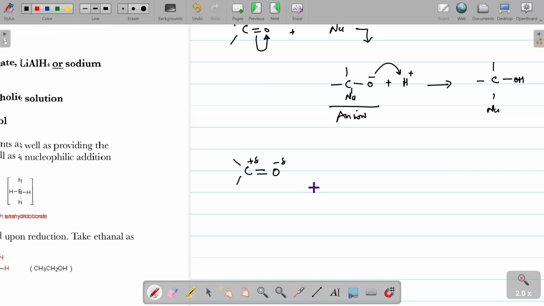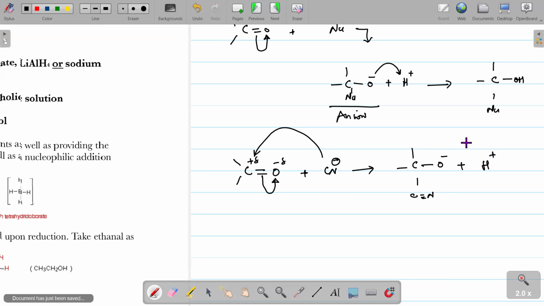And we treat it with hydrogen cyanide, the CN negative will attack on this carbon, the pair of electrons will shift onto oxygen, and we get this O negative and C triple bond N, the nitrile group. And now this oxygen, which is negatively charged, can accept a hydrogen ion. This hydrogen ion can be accepted from the solvent, which is water,